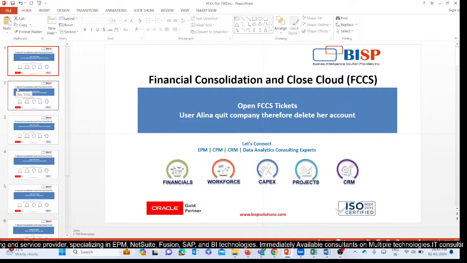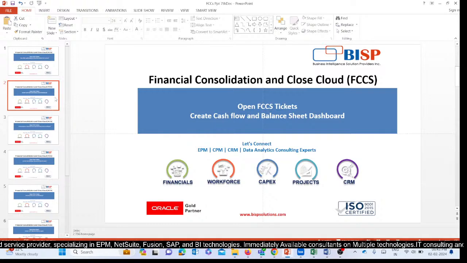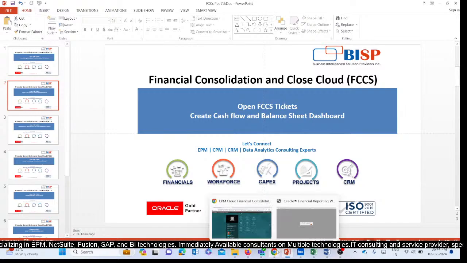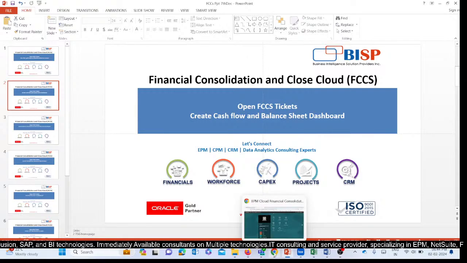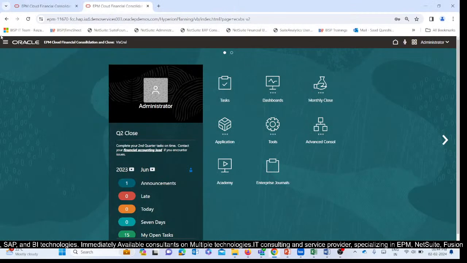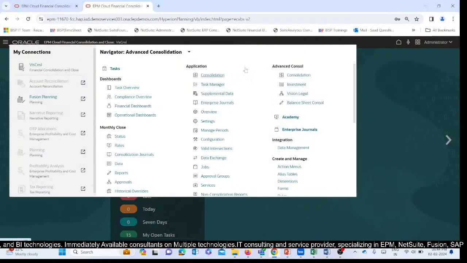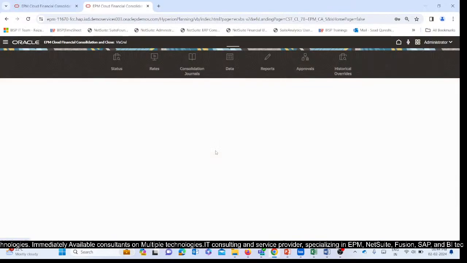So now we will move on to our second ticket, which is to create cash flow and balance sheet dashboard. Okay, so first thing I will go to dashboard first. Then I cannot create the whole cash flow and balance sheet. Let's see if there are any examples which are already there. I'll show you a basic link. So from data I can create a dashboard,